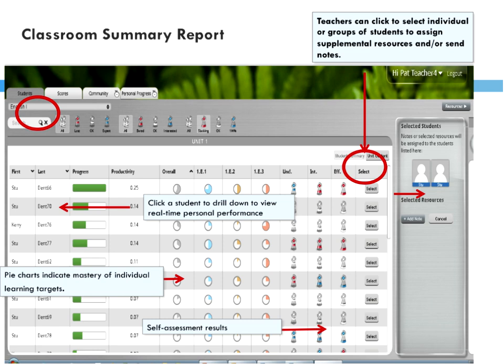where teachers can actually default to the whole class or select an individual or a group of students, where as they look at that mastery data, they can intervene in real time through setting up a group, sending a communication, or even assigning a resource that they feel will help a student who needs to accelerate or one who's struggling.